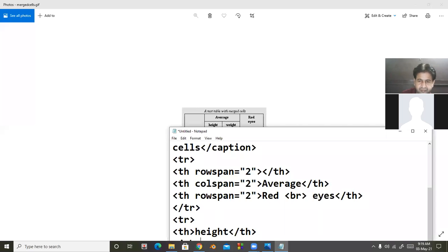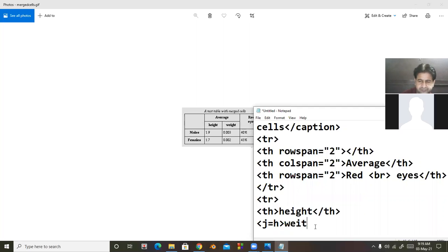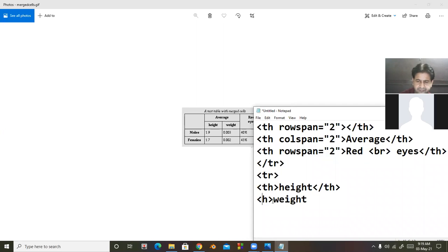Here is weight. Then TH closed. Then TR closed. Because in second row, there are only two cells. One is height and next is weight.